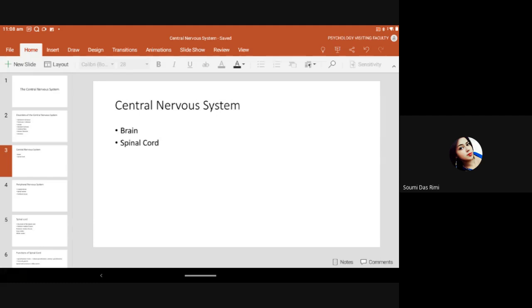So these are the three soft tissue-like membranes. These are the names of the three soft tissue-like layers or membranes present: the dura mater, the arachnoid membrane, and the pia membrane. Now, another protective mechanism is the presence of a fluid which is mostly colorless, and that is known as the